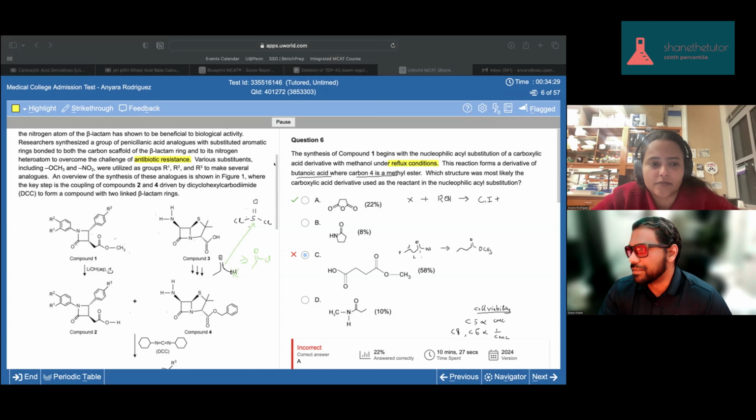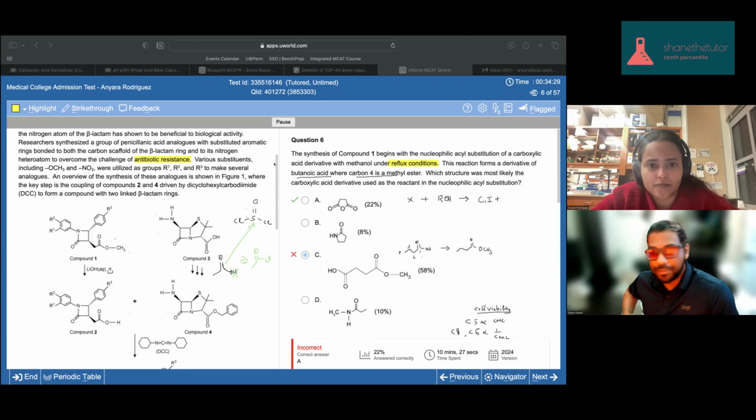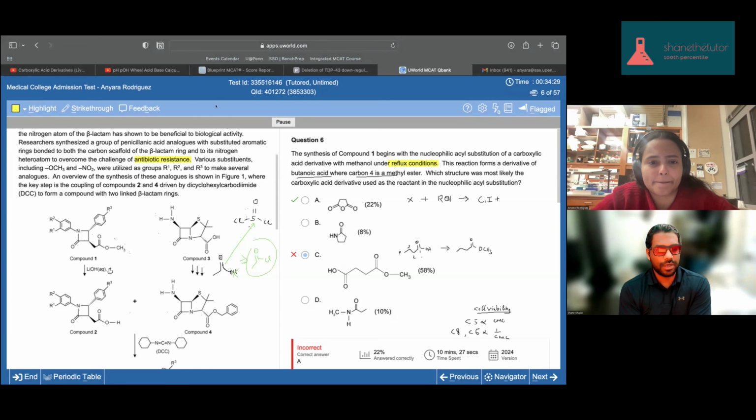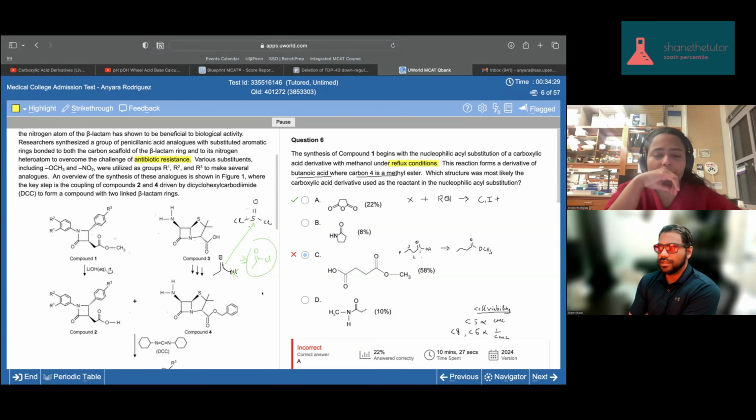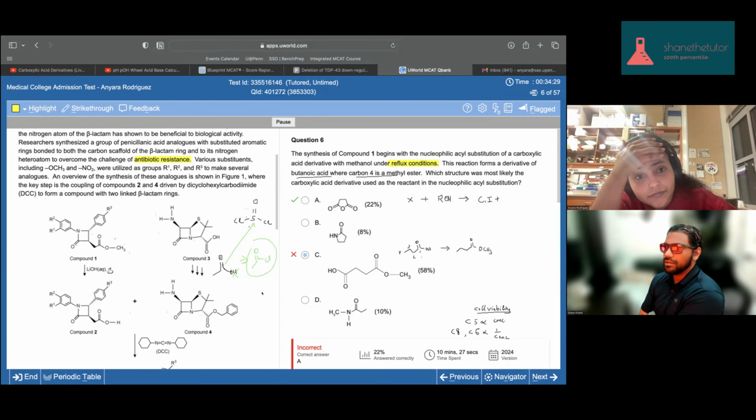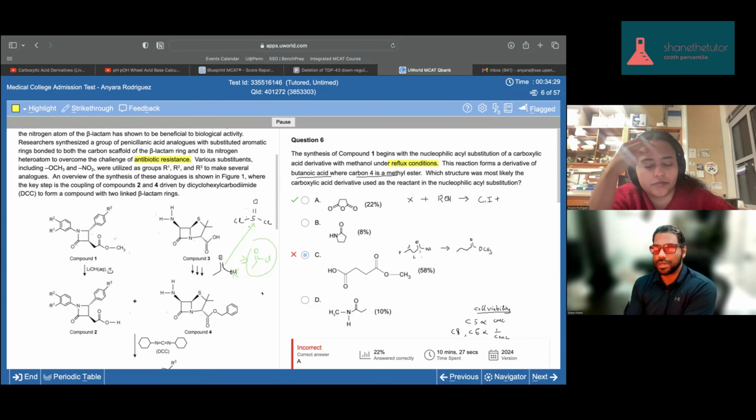So that's just the mechanism to make the acid chloride. And once you get the acid chloride, it's super, super reactive, as you would imagine, due to the electron withdrawing group of the chloride. Now that acid chloride, you can use as the reactant to make the rest of the carboxylic acid derivatives. But you can also just continue to use carboxylic acid derivatives.